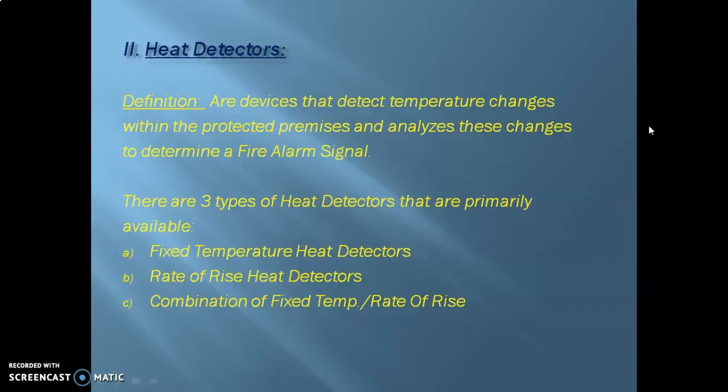That is A, the fixed temperature type of heat detectors, B, the rate of rise type of heat detectors, and C, combination of both fixed temperature and rate of rise type of heat detectors. Now, moving on, we will be discussing each of these types of heat detectors in a bit of detail.